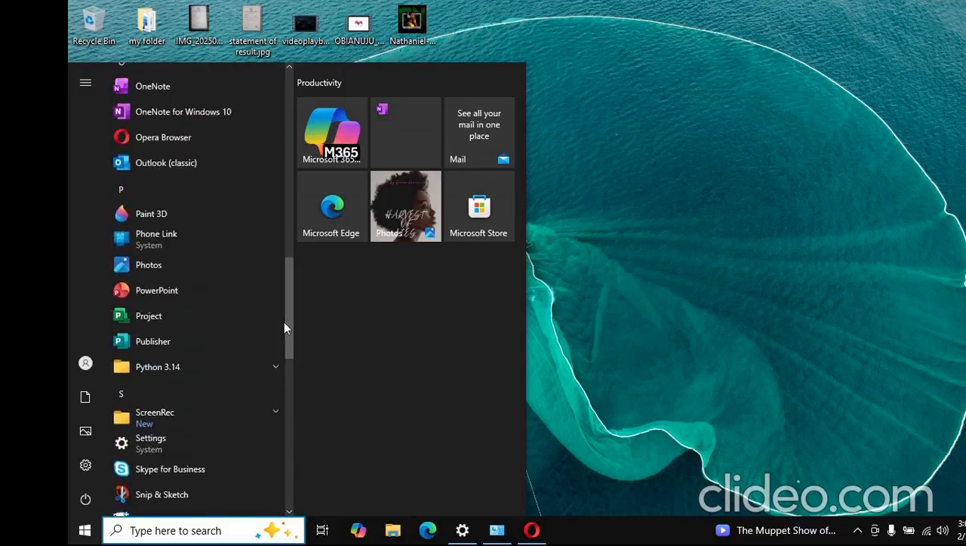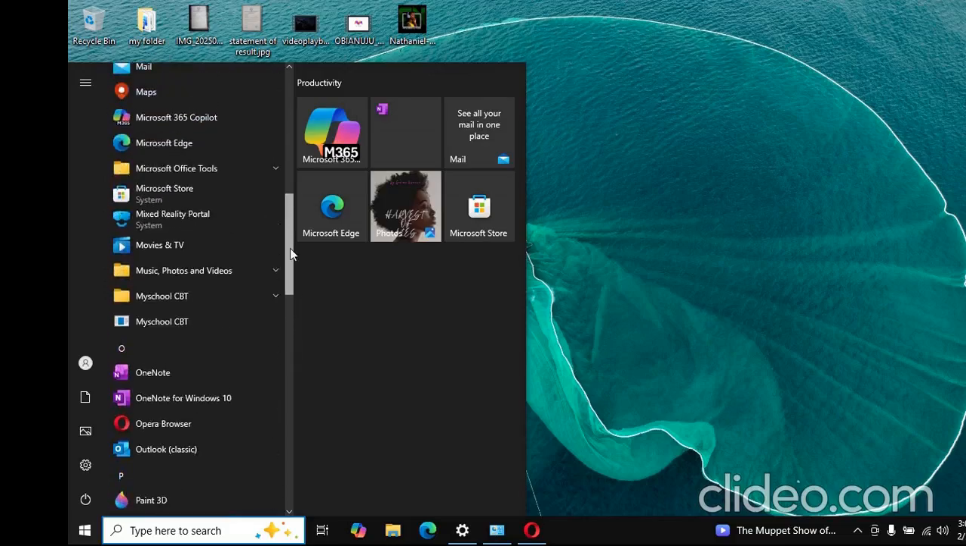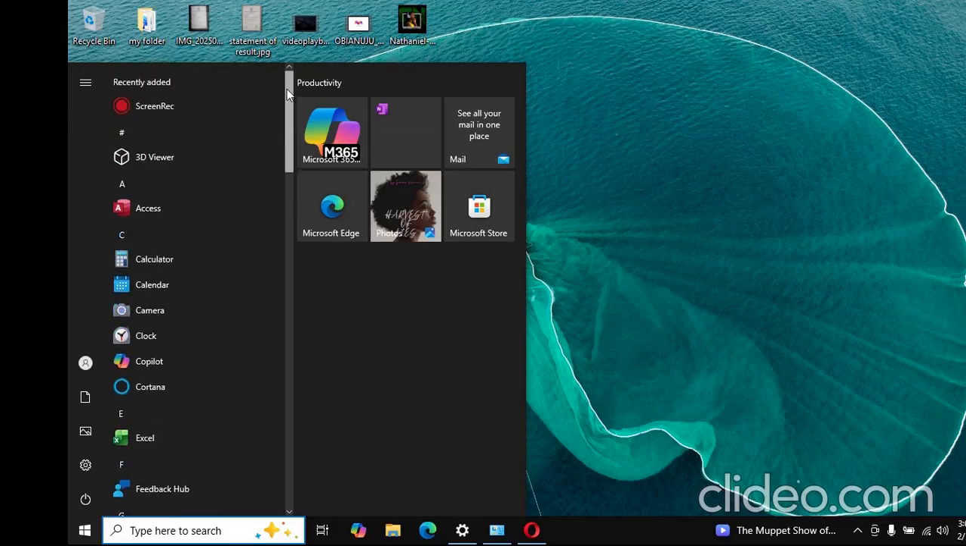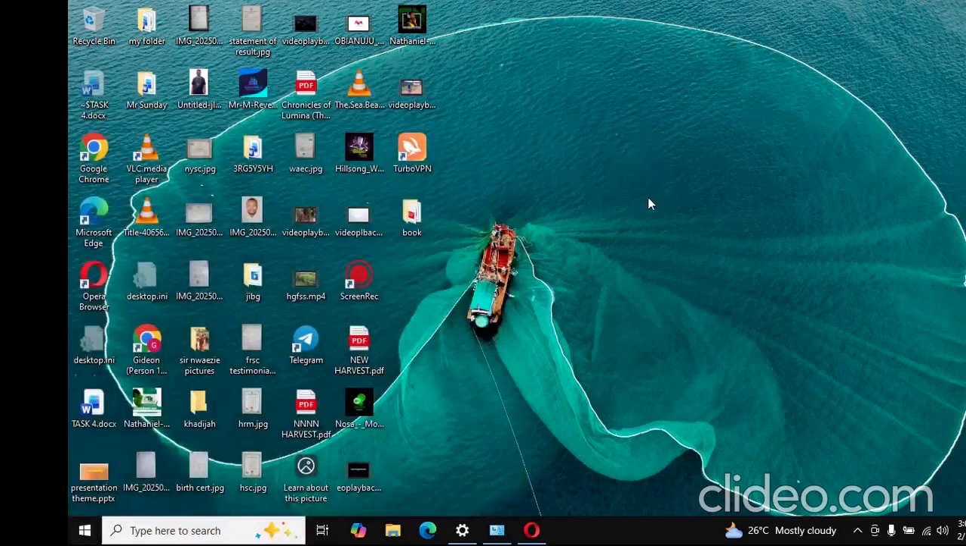In some systems, it will leave a section where you select all applications, and you see all applications from A to Z. But mine displayed because I've not placed many apps in the system, as you can see. That is that. So what I'll be teaching you now is